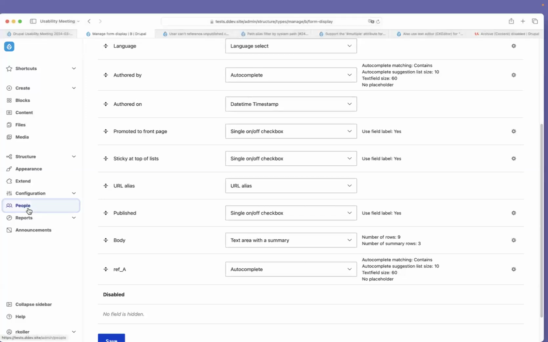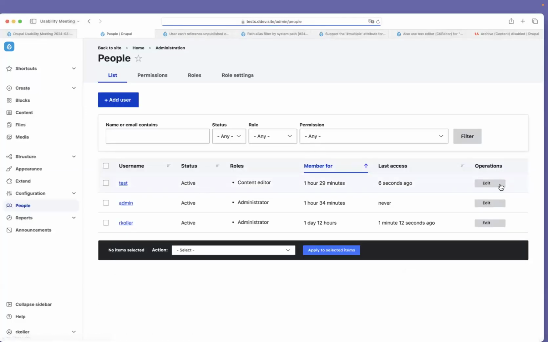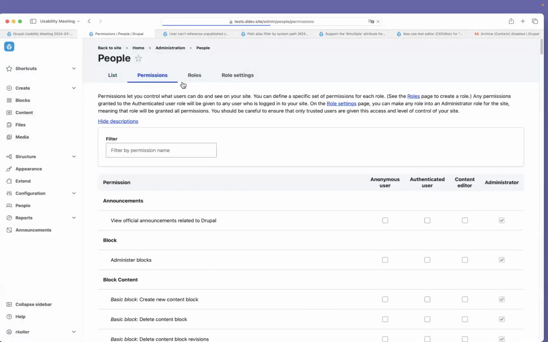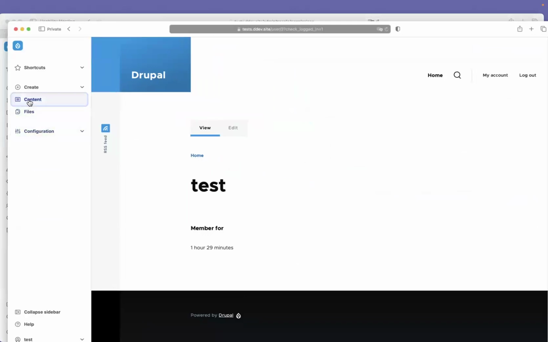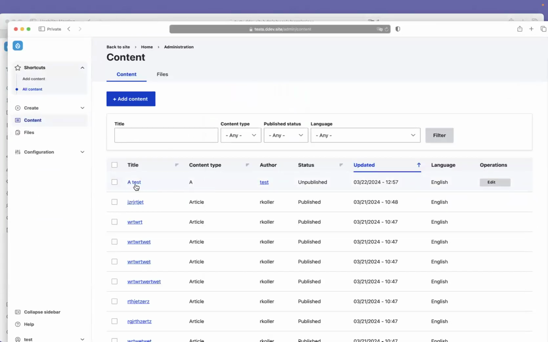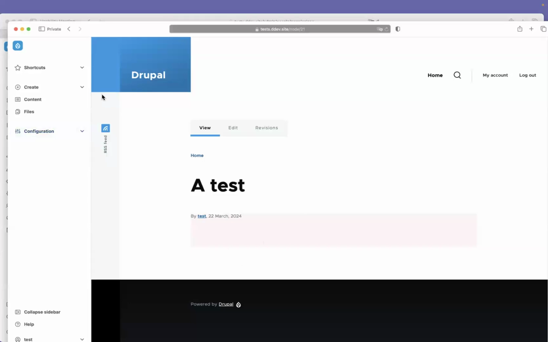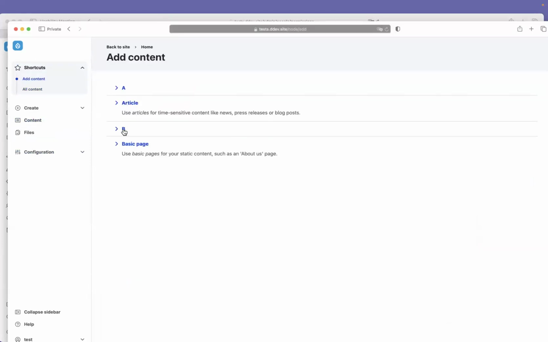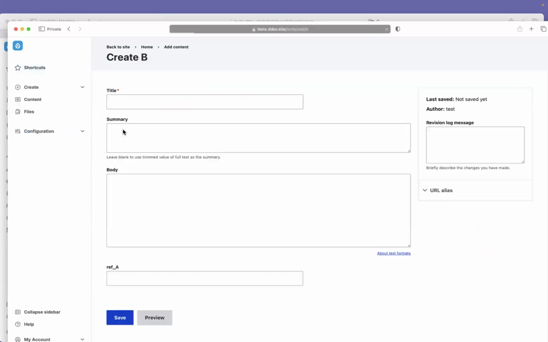That created user, I've set to content editor, and the permissions that are needed is to view own unpublished content and to create content type A and B and to edit your own content type A and B, and then log in as a user. I've already created content type A called a test, which is unpublished, as you can see. And if I try now to create a node of content type B,